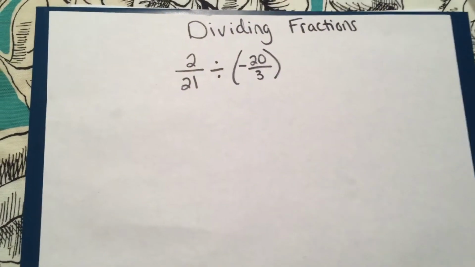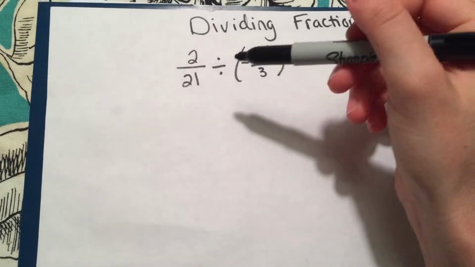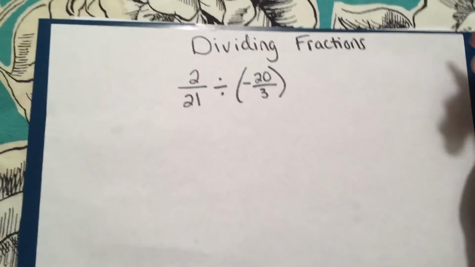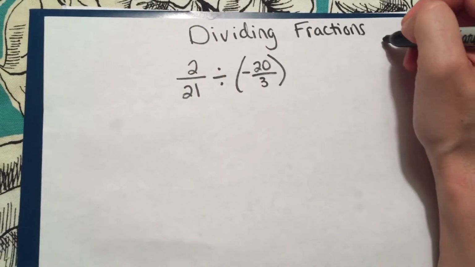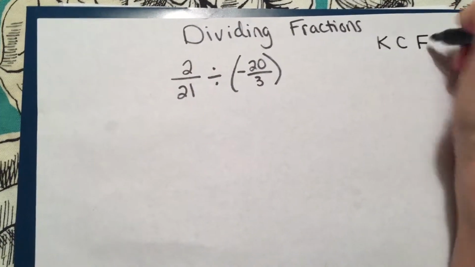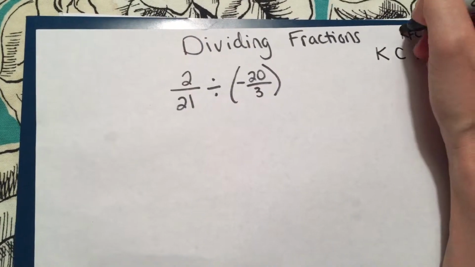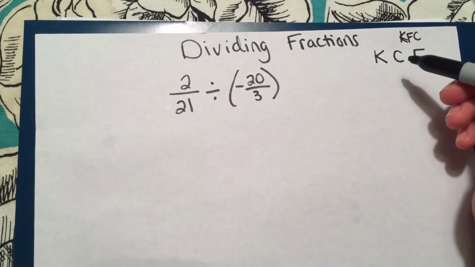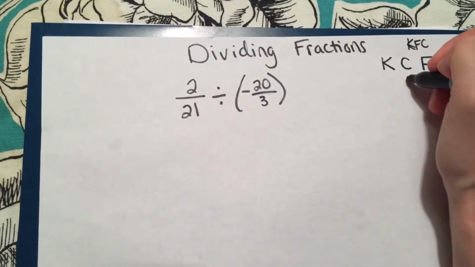Okay, so let's talk about dividing fractions for a moment. I want you to take a look at the class notes and you'll see some step-by-step directions on there. But in the meantime, I want you to think of fried chicken. So keep, change, flip. It's actually a little bit backwards, but I like to think of KFC like the chicken. So we're going to keep the first fraction, change the division to multiplication, and flip the second